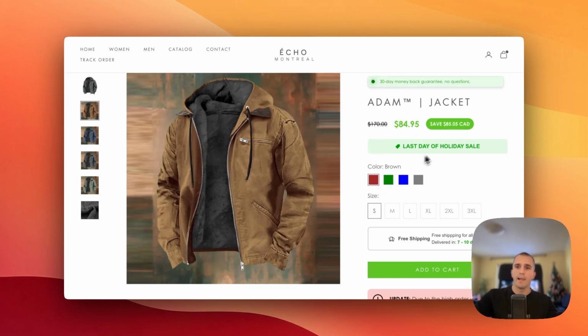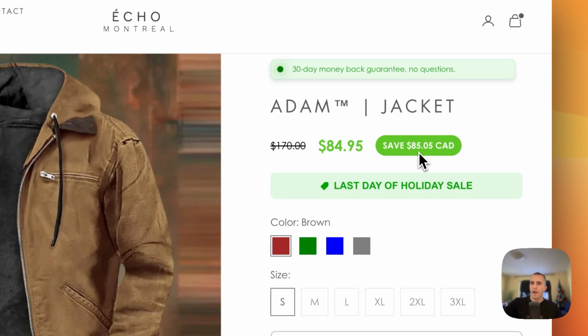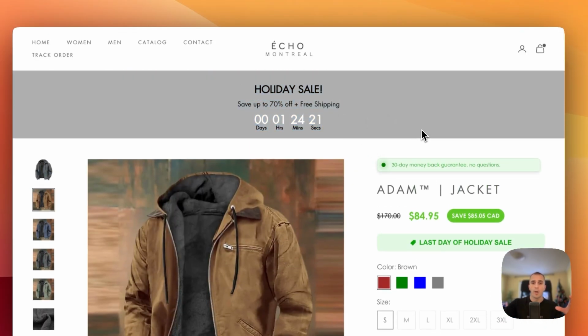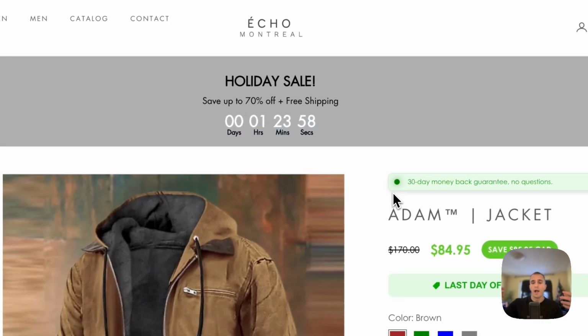The second thing is that I like that you have this "save 85 Canadian dollars" here. It communicates how much they're going to save, but your discount at this point is just way too aggressive. It is like 70% off. Why would somebody sell a jacket for 70% off? And another thing here is that you have this holiday sale at the top, which we're going to cover in one of the next steps. But your offer is way too aggressive, way too pushy, so that at one point it starts to be irrelevant. They can feel like it's a scammy website, because where will you find a jacket that's at 70% off? And then you have this urgency, which along with the 70% off can just feel like a scammy website.